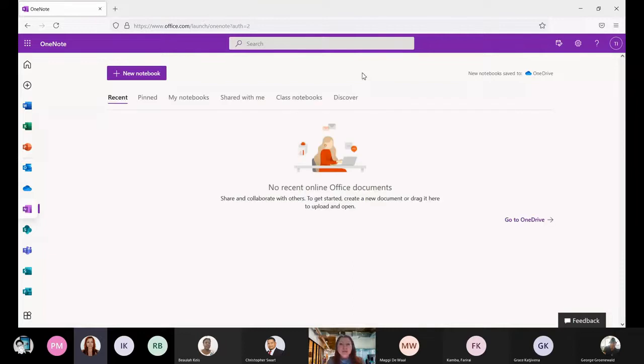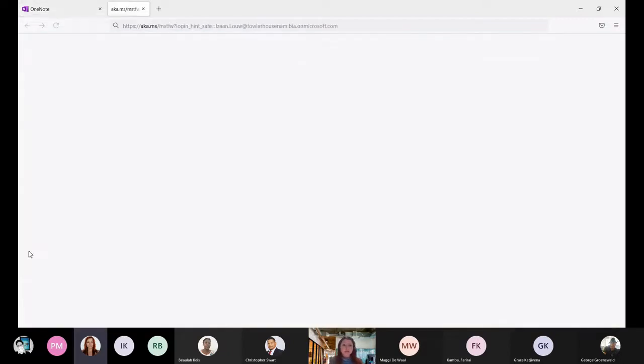What is important to note is that every time you create a team or a class, a OneNote will be automatically created for that class. So it is not necessary to go in and recreate a new notebook. So just to show you that, if I go into Teams over here,